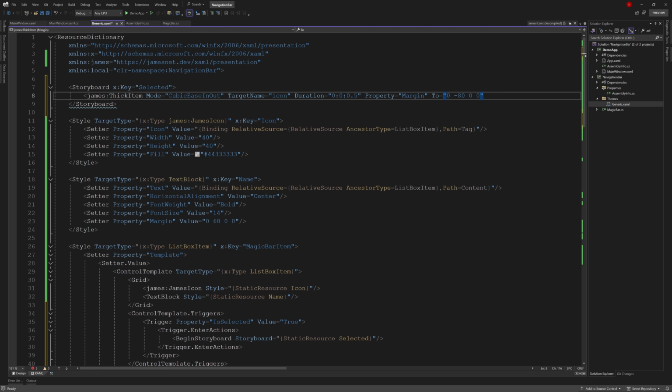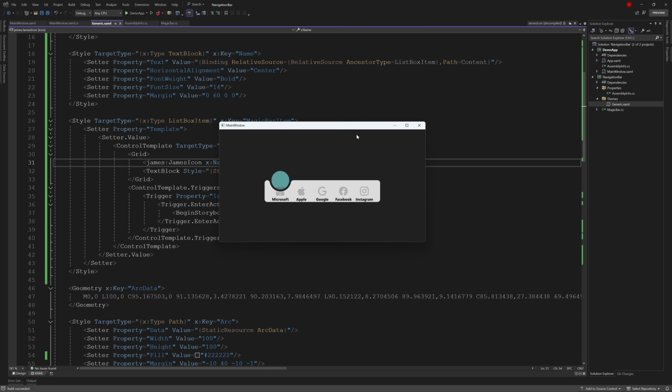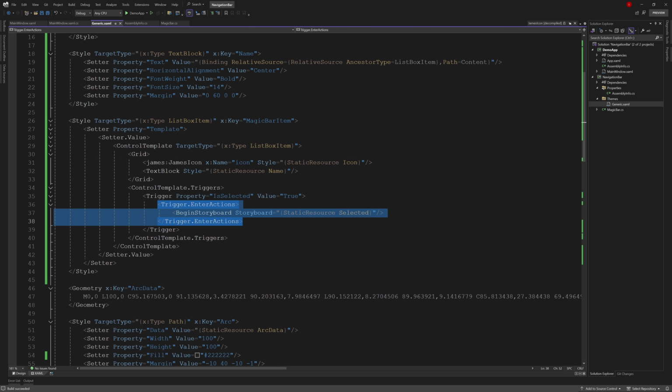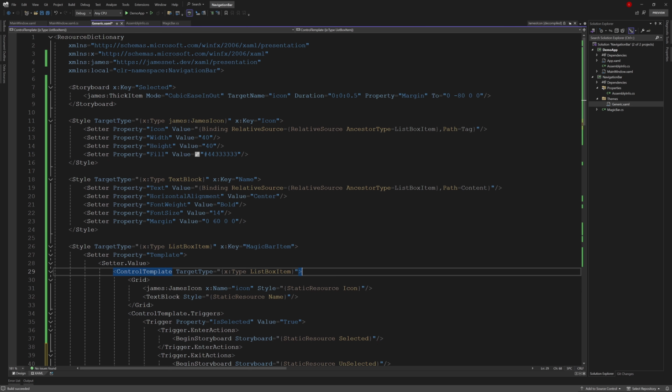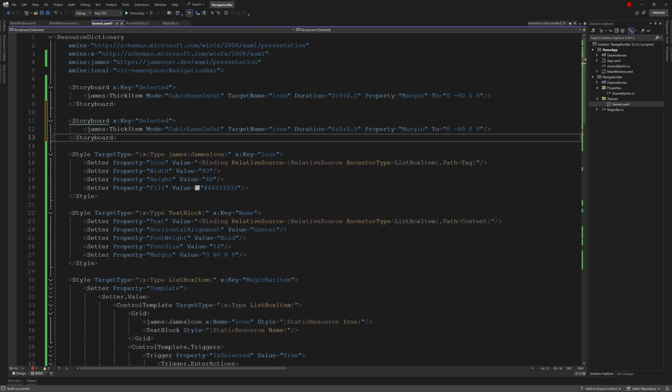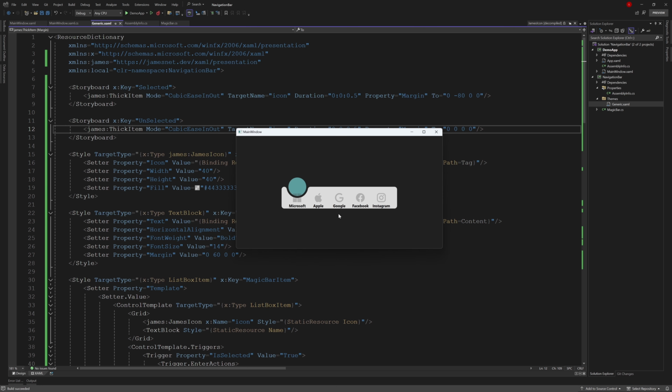And then we'll go below and add the x:Name. The details of this part have been thoroughly explained in our previous two videos, so if you are unclear, feel free to check the videos. This way, we've completed the upward motion animation for the icon. The downward animation is similar. First, we add an x:Action. Then name it unselected. Next, we'll set the storyboard content above to return to the original position. Okay, now the icon can move up and down.